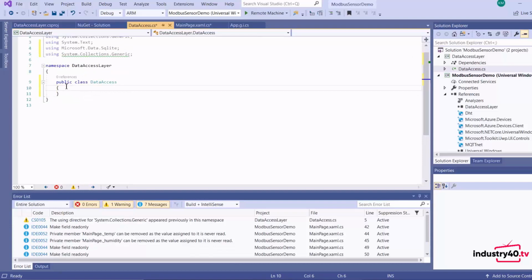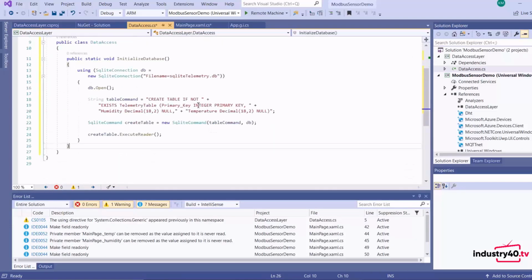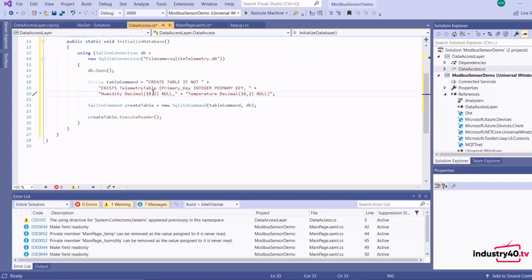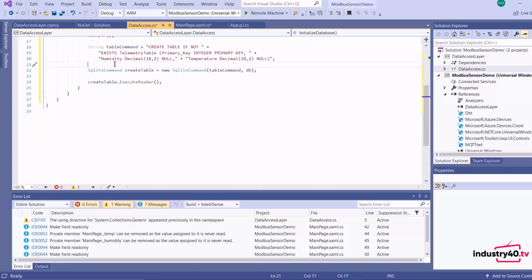Then we add the method for initializing our SQLite database. Basically, this code creates a new database called SQLite telemetry, and then checks to see if a table called telemetry table exists. If not, it will create that, and include a column for humidity and temperature.